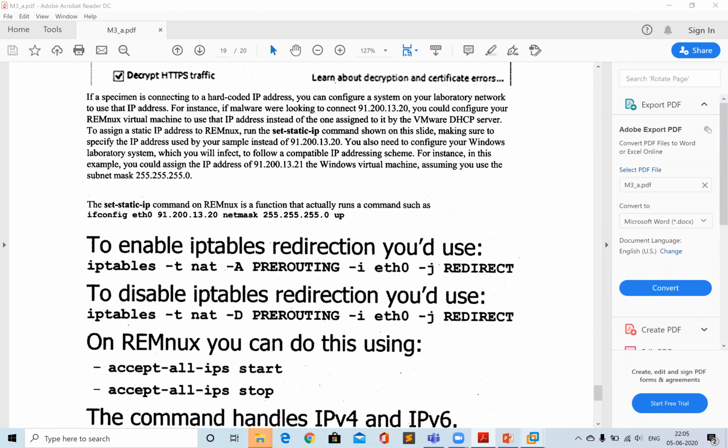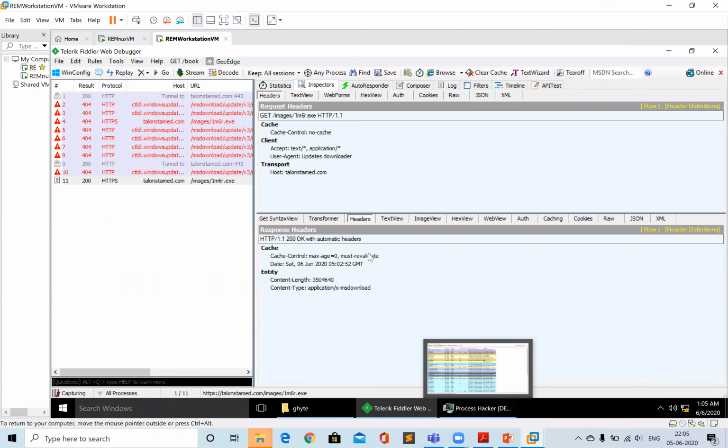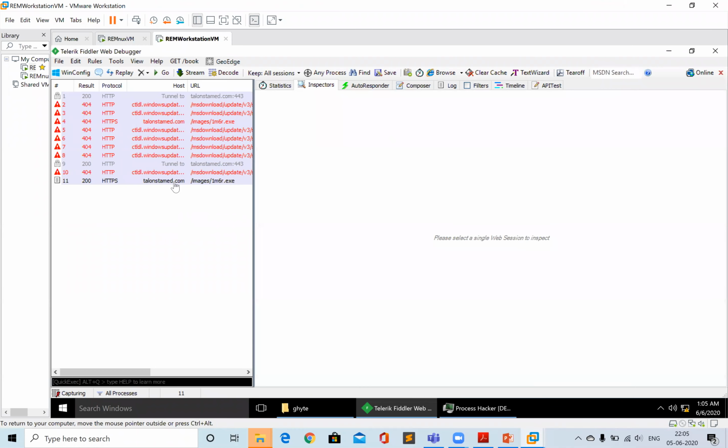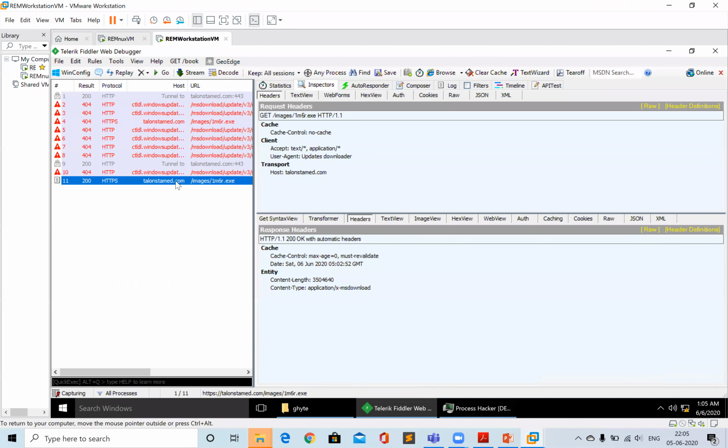Over here, 90% of the time the malware will try to communicate with a domain name, because it gives the attacker an advantage. If the IP address of that domain has been blocked by some company, they can quickly change the hosting server of the website, and they will get a new IP address, and that's how they can sometimes evade detection.